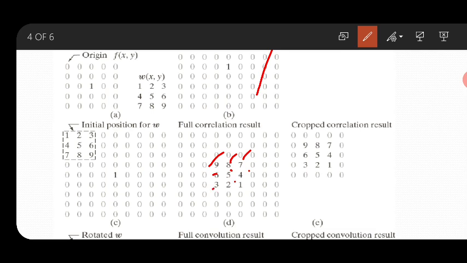Now what was the W value? 1, 2, 3, 4, 5, 6, 7, 8, 9. What we have done in one dimension is a post rotation. Now there is no need to rotate here. Your answer itself becomes rotated. That is 9, 8, 7, 6, 5, 4, 3, 2, 1. I hope it is visible for you. I hope you see how I got the correlation. This is the answer I got.